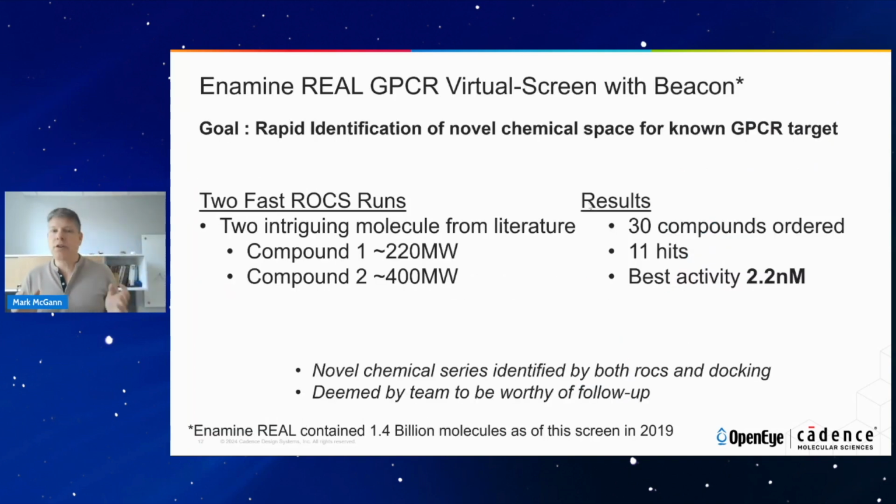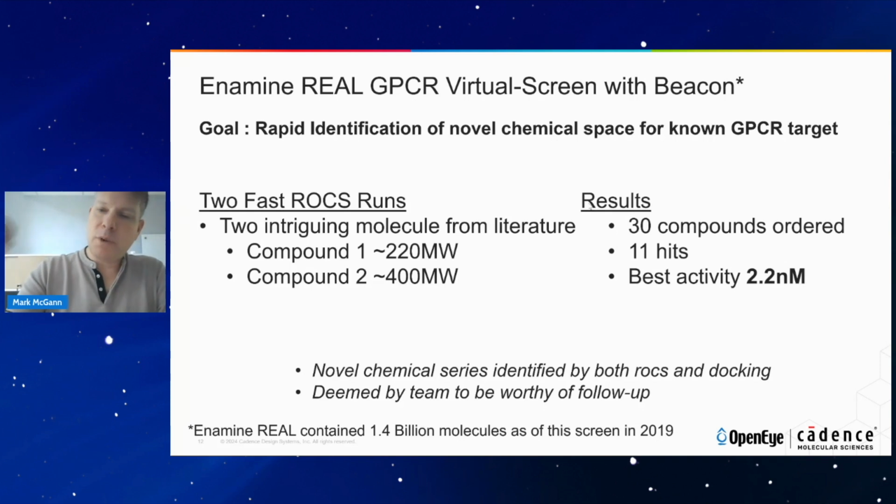And people get good results using FastROCS Plus. This is an example of just an overview of one of our customers, Beacon. They were trying to identify some novel chemical space for a GPCR target. They had 2 molecules from literature that they couldn't take forward in their own chemotypes, basically, because they had various issues with them. So they were looking for new kinds of chemical space, different chemotypes, and they ran FastROCS